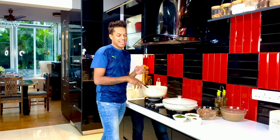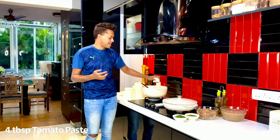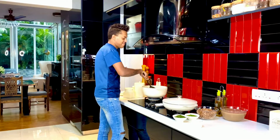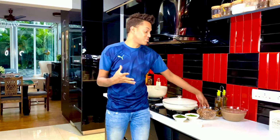With this nearly done, it's time now to add some tomato paste. So 4 tablespoons of tomato paste going in just to give it that piquante red color and flavor. So saute that, a quick stir, and finally in goes the beans that makes this what a feijoada is supposed